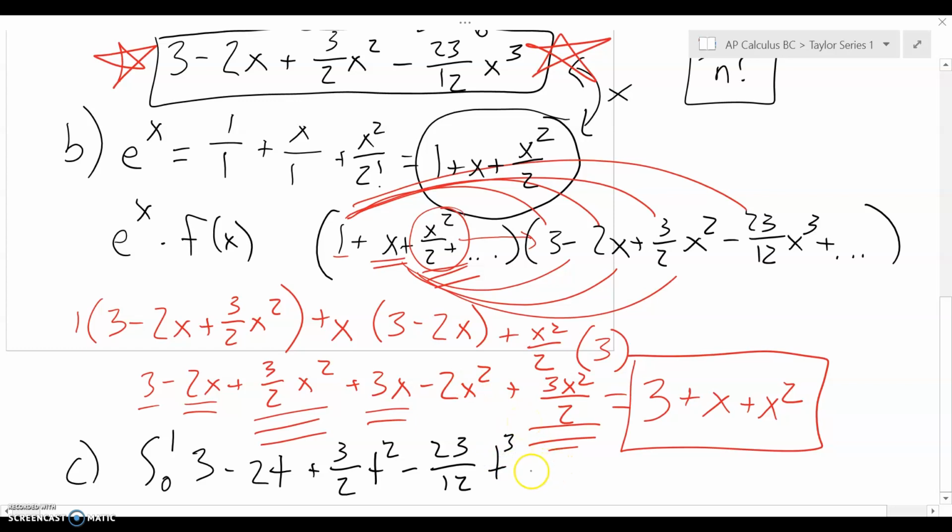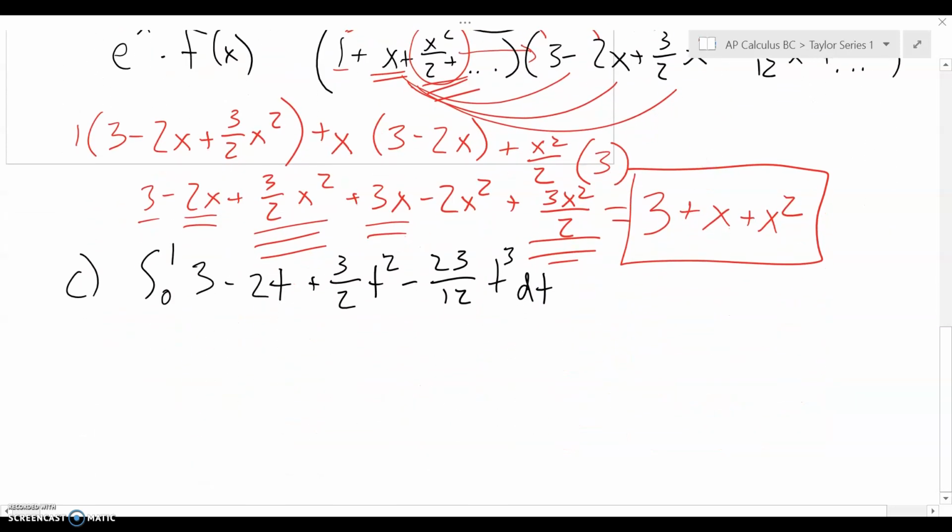And then we're going to go dt, and we're going to integrate from 0 to 1. And I think if you had the x's in there, you'd be okay, but they did specifically set it in terms of t, so let's just operate with that. So if we integrate this thing, we're going to get 3t minus t squared, that's just integrating each piece, plus,